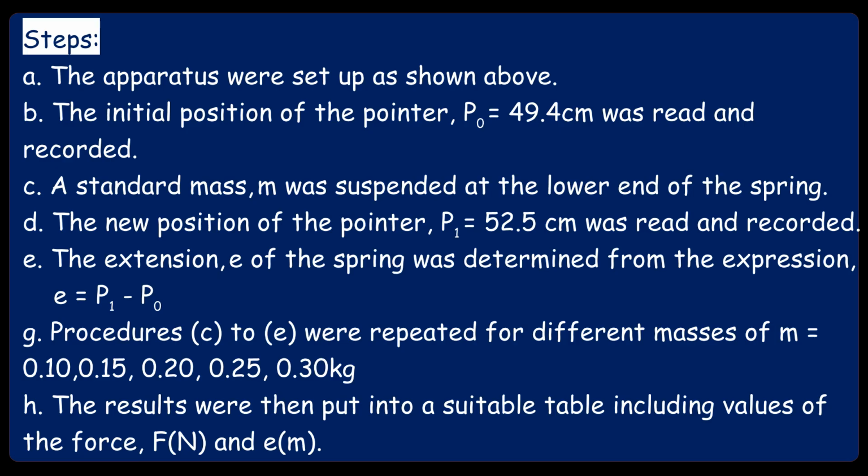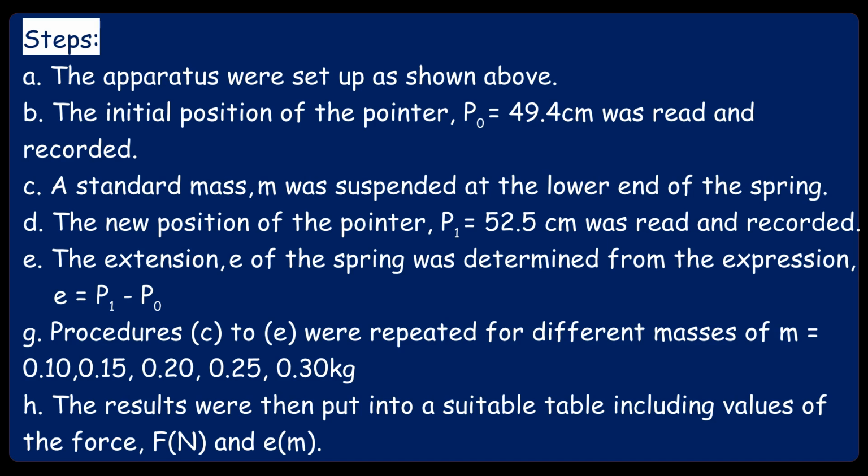In other words, the initial position of the pointer was noted, or was read and recorded as P equals to 49.4 centimeters. Then after that, we went on to another procedure, which is procedure C, a standard mass M was